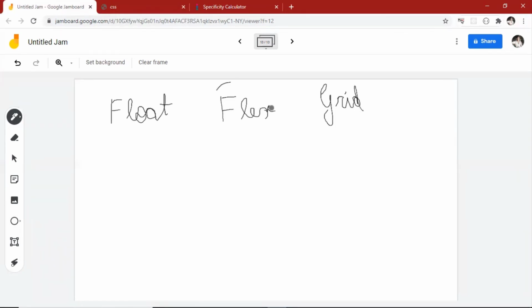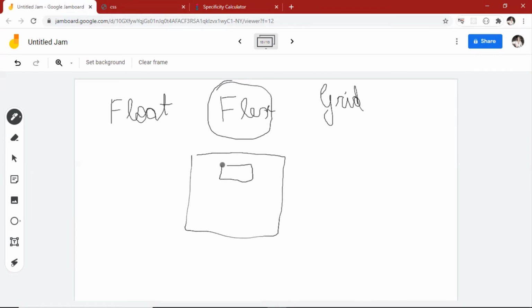Let me tell you, flex is very powerful. It gives you a lot of responsiveness, in the sense that, let's say you have a page this big and you want the heading right here. What happens if you make the page this big? You still want the heading to be in the center. With the help of flex, it is very much possible.